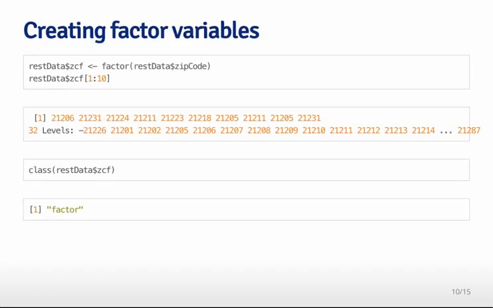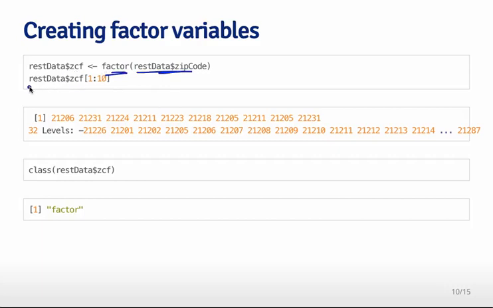Another thing that you might want to do is create factor variables. For example, the zip code variable is an integer variable when you load it into R, but you might want to turn it into a factor variable. In other words, it's not clear that incrementing the zip code by 1 changes the variable quantitatively. The way that you do that is with the factor command. It takes an input of this integer variable and turns it into a factor variable,